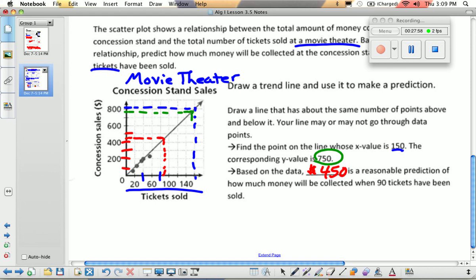Okay, so we can use it to predict the x value or the y value. It doesn't have to be always just the y value. It can sometimes be the x value also. Okay, any questions? Okay, then